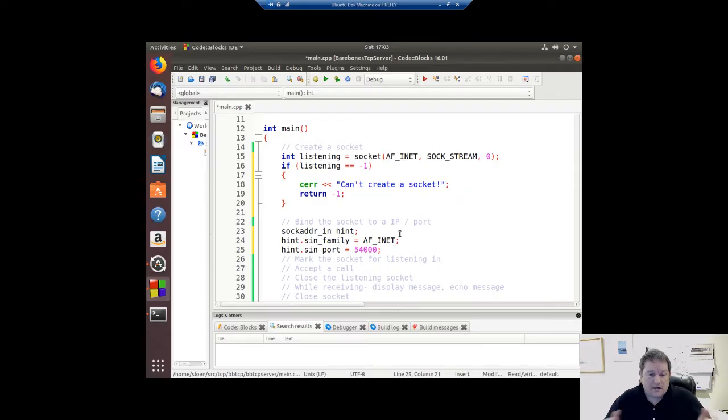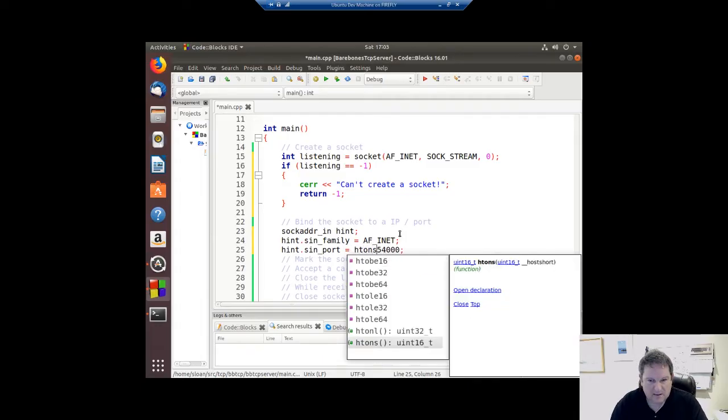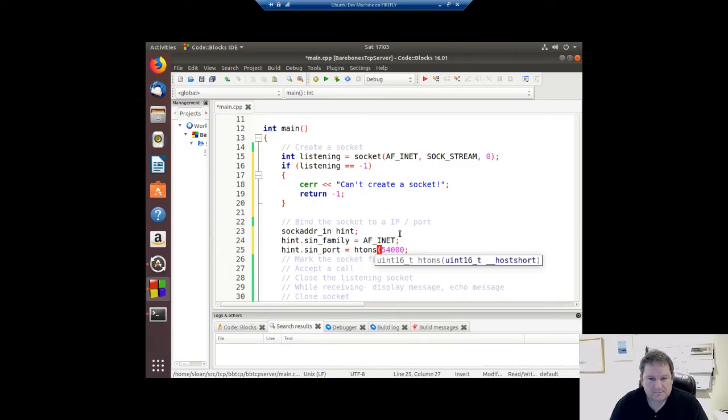Now, to convert it across from a whole number that this machine understands to what the network understands, we use htons, which stands for Host to Network Short. So it should hover over. Yeah, there you go. So you can see there that it takes in the host short and it converts it